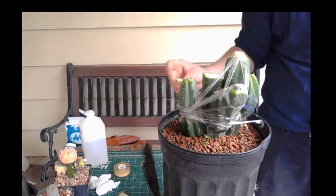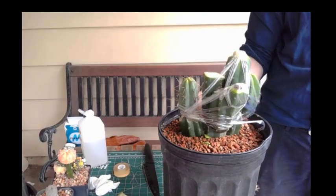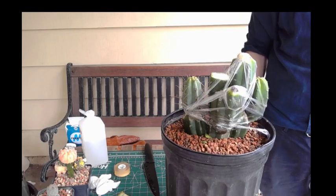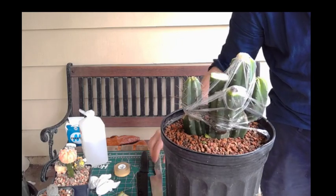So now this San Pedro stump is the stump of 4 cacti. I've got to do 10 times more and I'll have 40. Alright, so let me